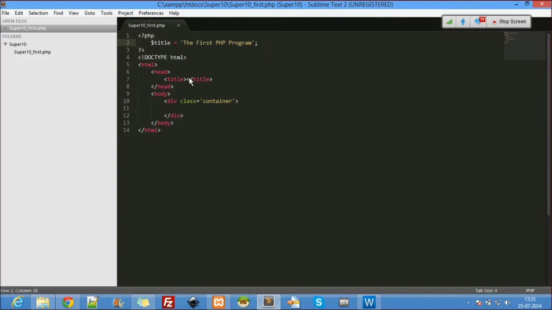Now I want to put the title here. Again, the title is in PHP, hence PHP. But to print in PHP, this is the syntax we have.